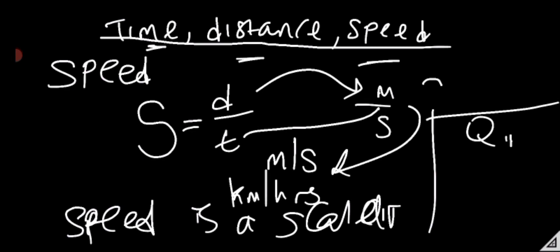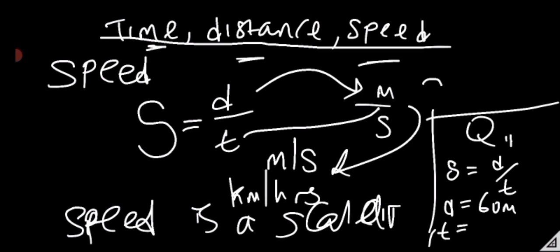Let's say a boy covers a distance of 60 meters in 1 minute. Calculate the speed. So speed is equal to distance over time, right? So when you hear 60 meters, it means that the distance is 60. And the time is, now they said 1 minute, so that 1 minute you will convert to seconds,